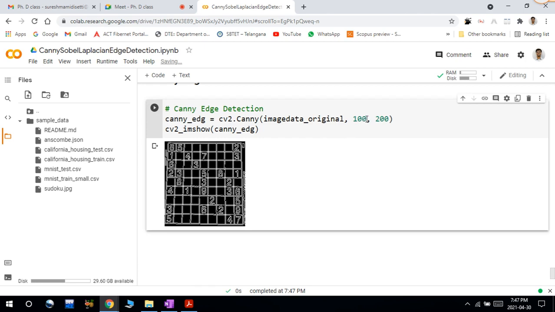Here I am applying 3 important steps, and everything is done within the function itself. The first is the Gaussian filter and finding the gradient magnitude, the second step is non-maximum suppression, and the third step is hysteresis thresholding. I give two threshold values, the low threshold value and the high threshold value. If an edge pixel is greater than the high threshold value, it will be considered an edge point. If it is less than the low threshold, it will be discarded, and if it is in between, it will go through that particular process. So this is about Canny edge detection.